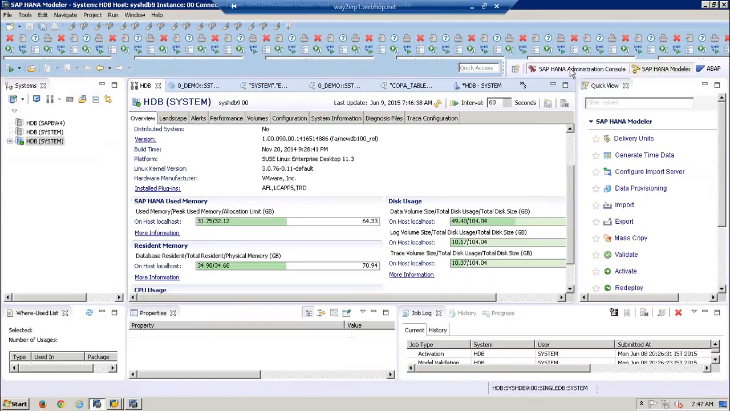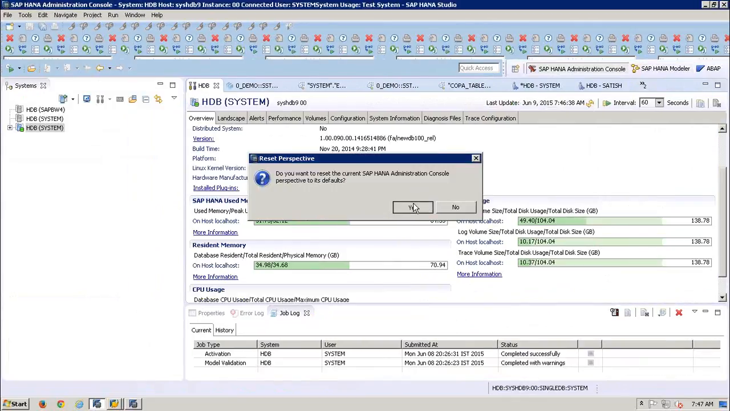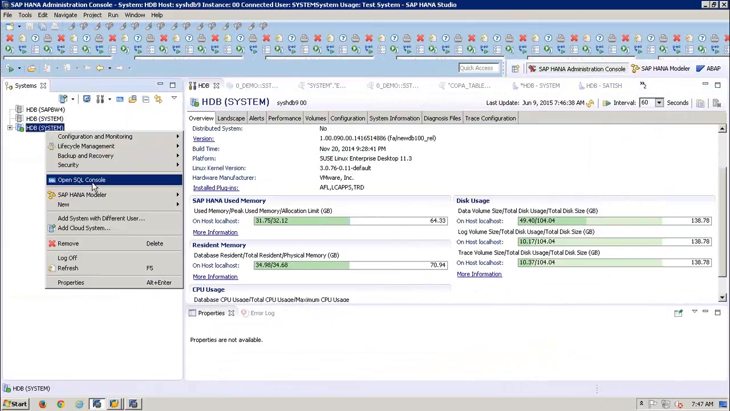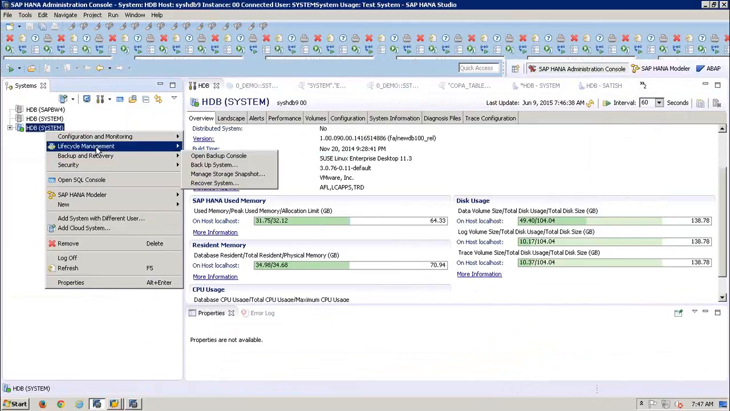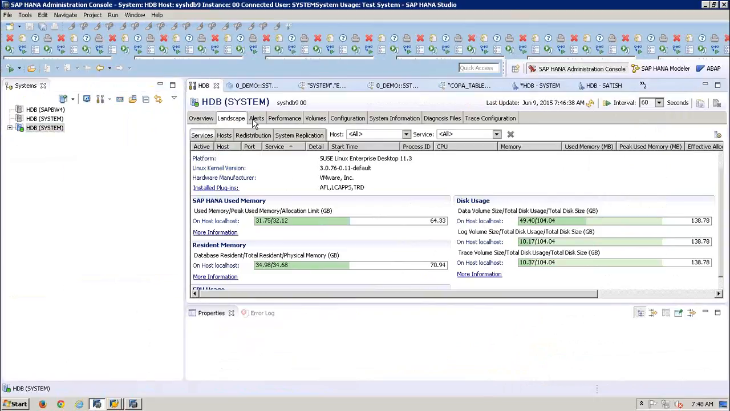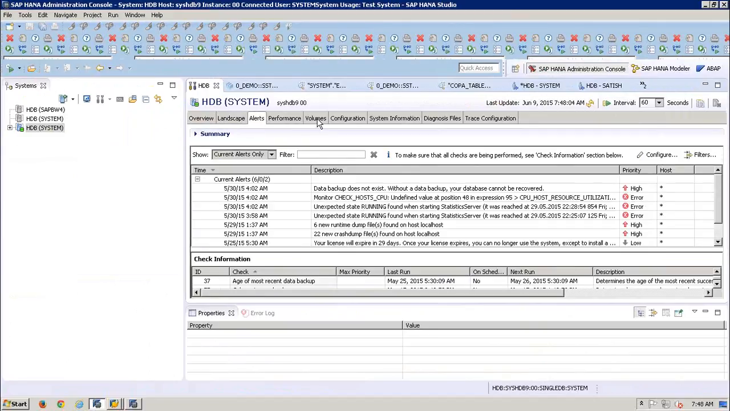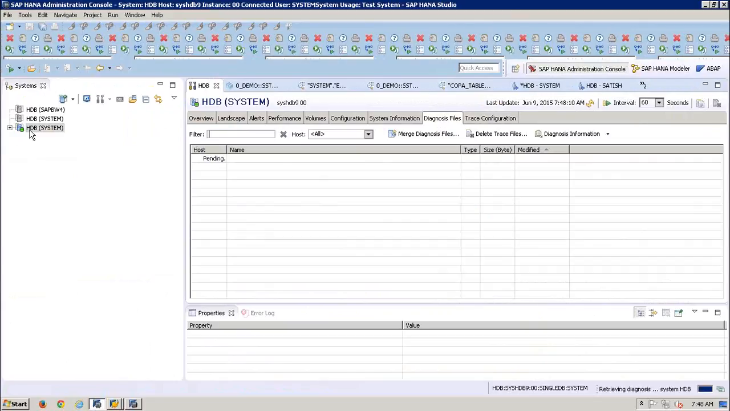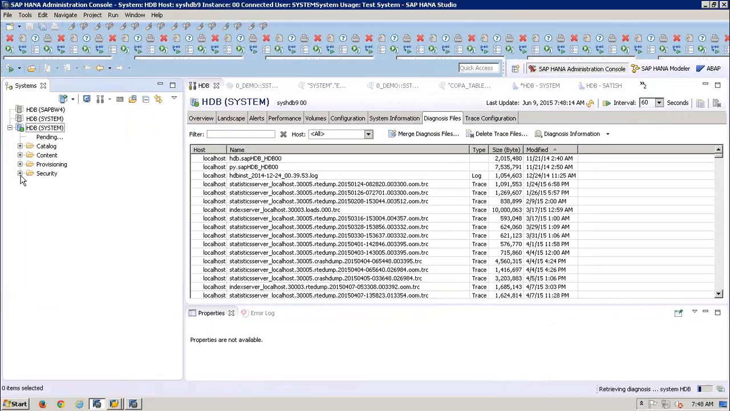If you observe my administration console here, I can do a backup here only. I can do my life cycle management here only. I can do the configuration and monitoring here only. I can take care of my landscapes, alerts, my volumes, my configurations, auditing, and further, if you observe here, expand my security in terms of,